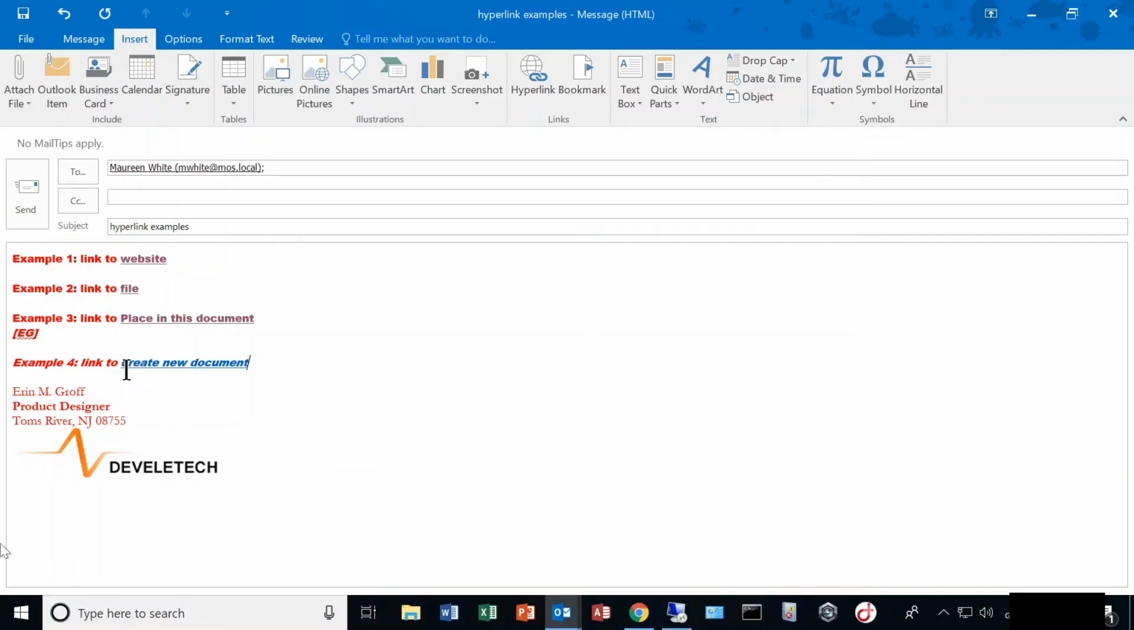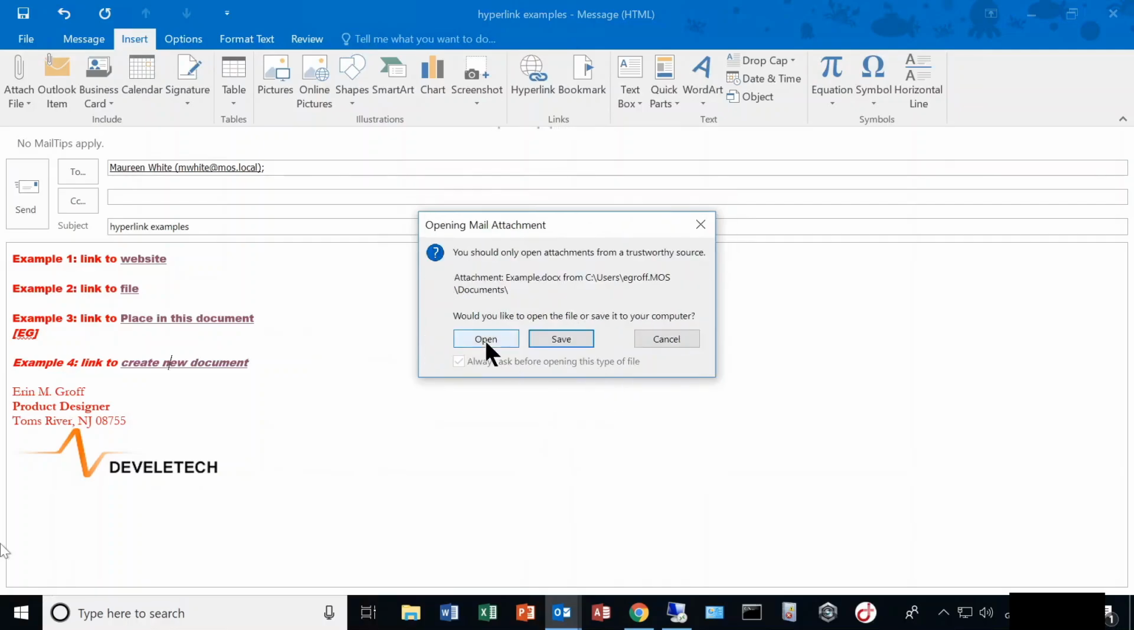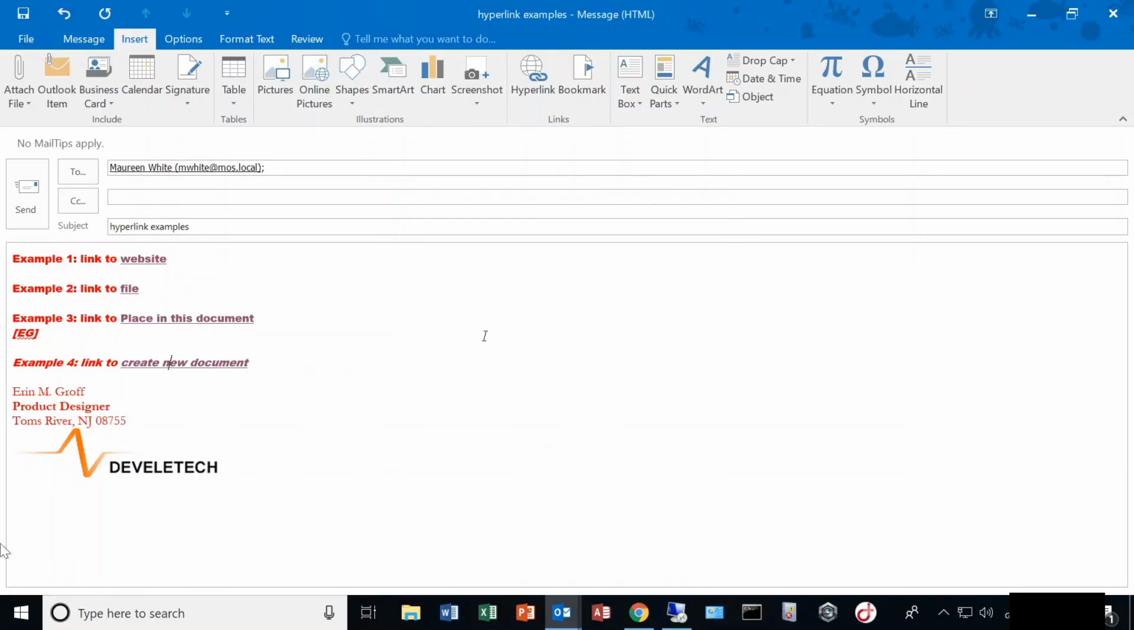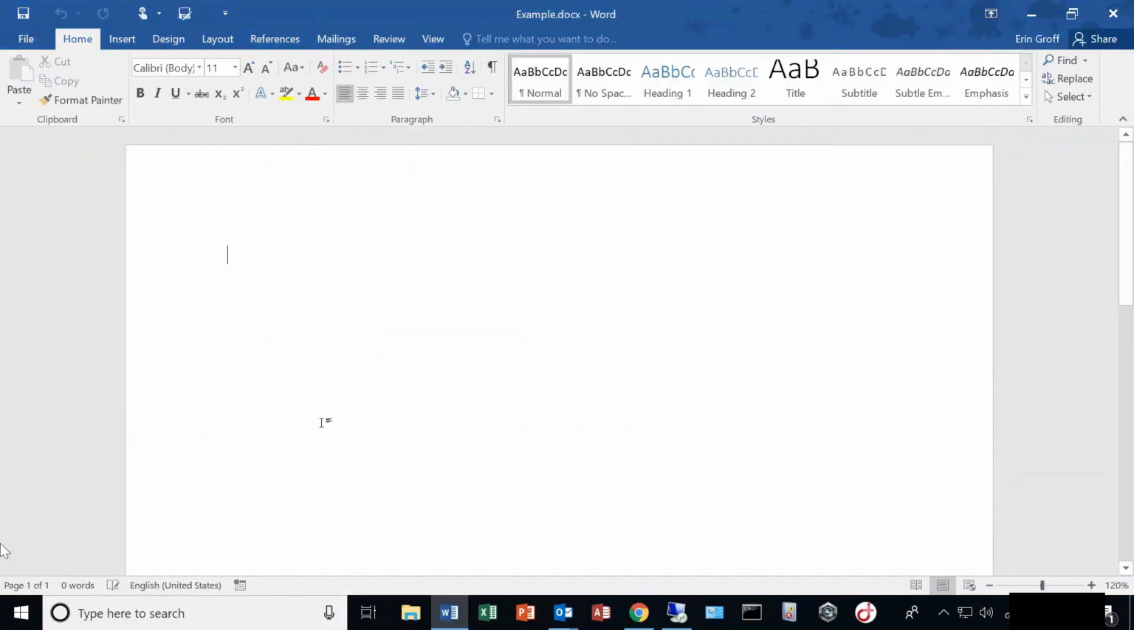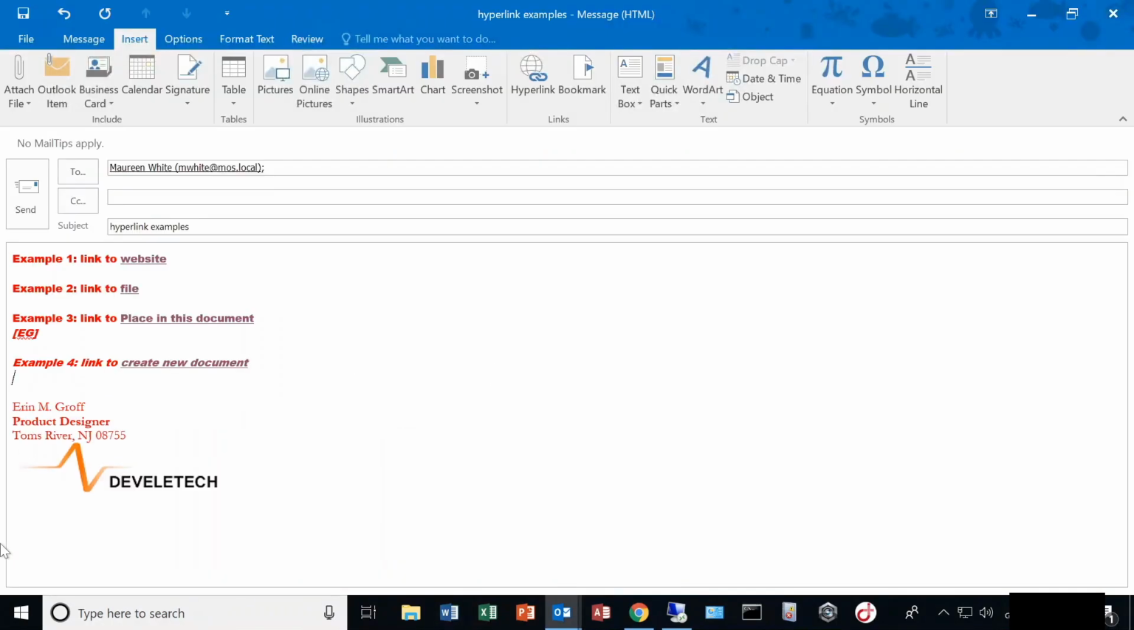Click OK from here. I get that text to display, create new document. Control and click to follow that. You'll get a security warning. If you wish to continue, you can, and open that file. And there it goes. It launches Microsoft Word, and it created the new file named example for us. Okay, and then the last